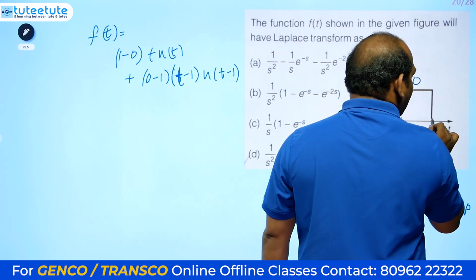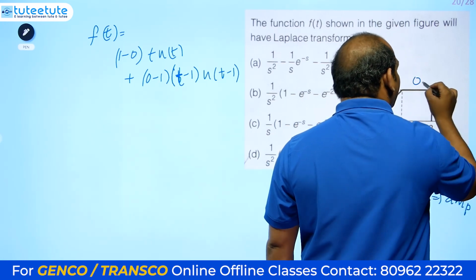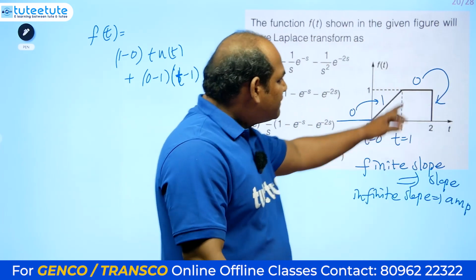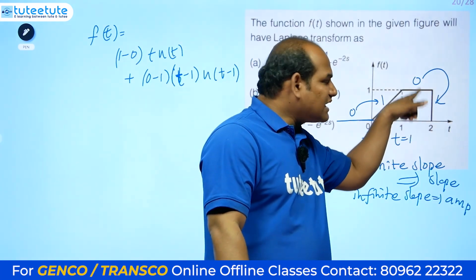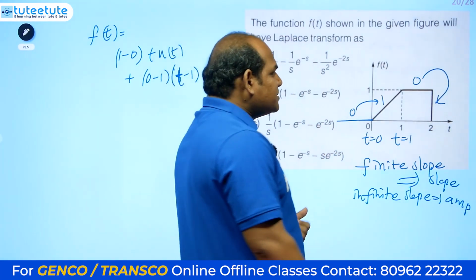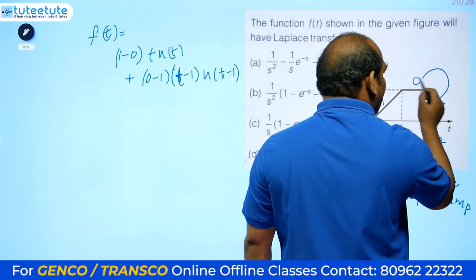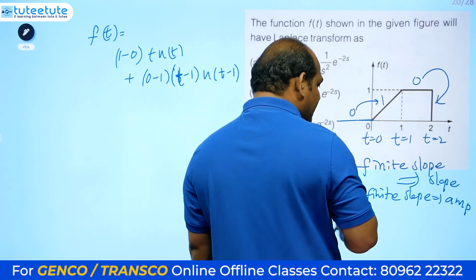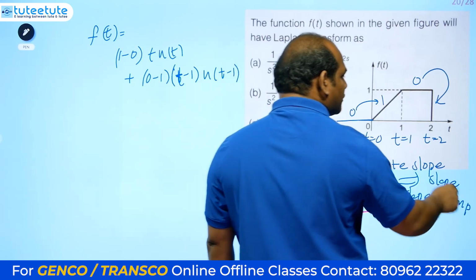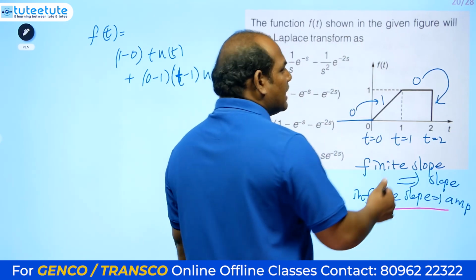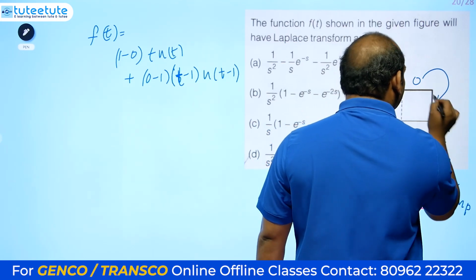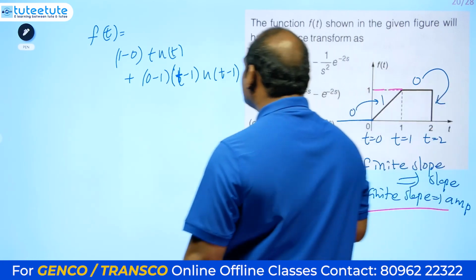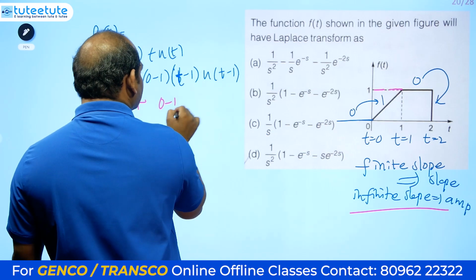Can I say then amplitude is 0? No. What we need to tell here, the slope is actually involving the infinity. Okay. When we have the slope is infinity change, this is vertical line. Vertical line is having infinity slope. Just before t is equal to 2, we have 1 as the amplitude. Exactly at t is equal to 2, infinity slope is there. As I said earlier, when you have infinite slope, then we need to take amplitudes into account. So here how much amount of amplitude change is there? This is 1, here amplitude is 1, but here 0 is there. So amplitude change you need to take now, that is 0 minus 1.